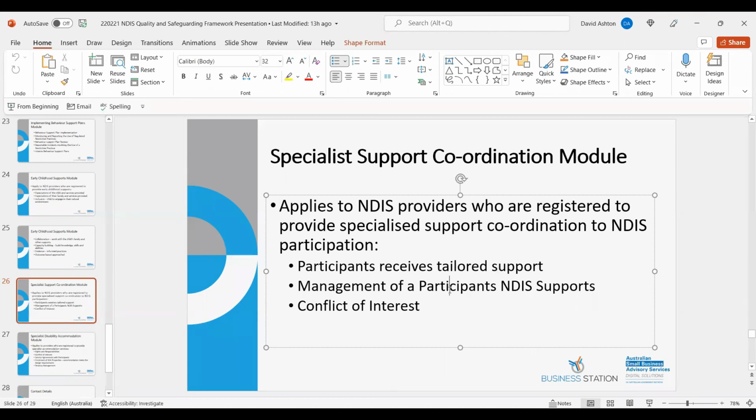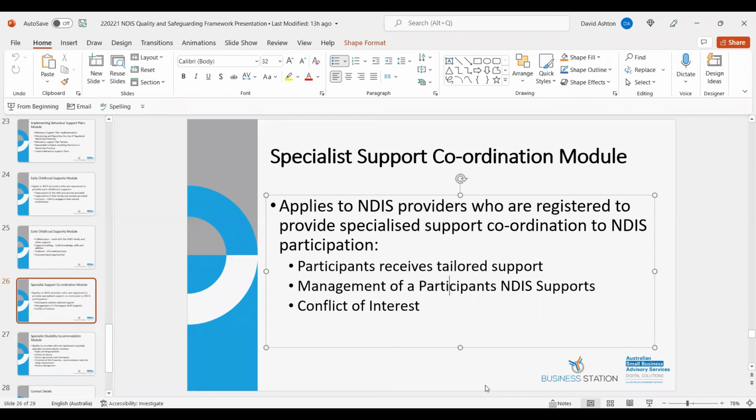Each participant has been provided with information about their support options using language, mode of communication and terms that the participant is most likely to understand. As appropriate, each participant is supported to build their capacity to coordinate, self-direct and manage their supports. And the supports funded under a participant's plan are used effectively and efficiently. So yeah, value for money is a key element. You know, the participant is paying for the services through NDIS, and there needs to be an element of value for money in the services that you deliver.